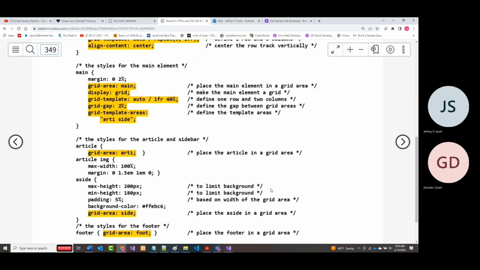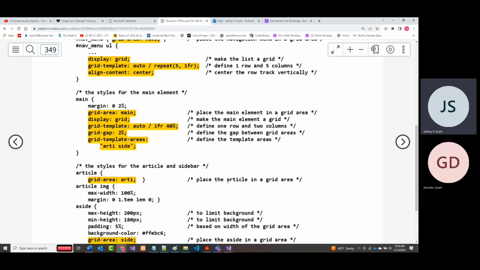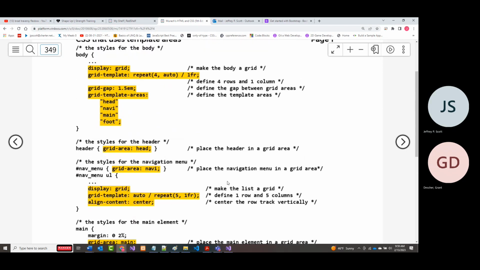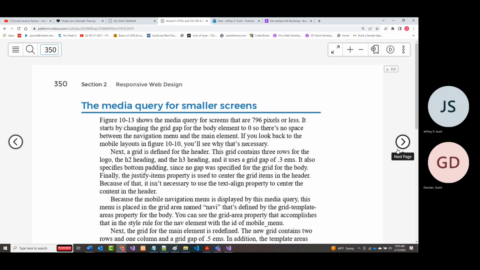All right. And we've got a bunch of different types of grid areas, etc., that you can see that have been set up to basically lay out this document. All right. So it says there next, the next figure shows the media query for screens that are 796 pixels